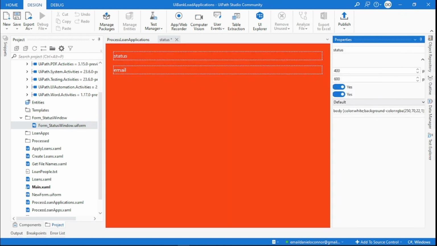So if I paste in this CSS, it is basically saying the body, the color of the text here is white, and the background color, I've selected an RGB of 250, 70, 22. So these numbers correspond to the UiPath colors. Now if you want to know how to get the correct colors here, for example, for UiPath or any other